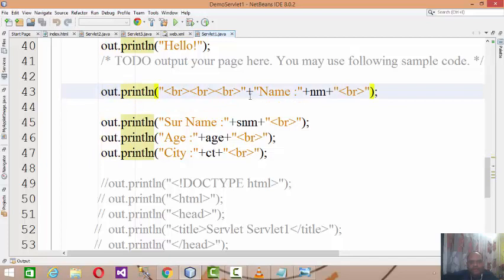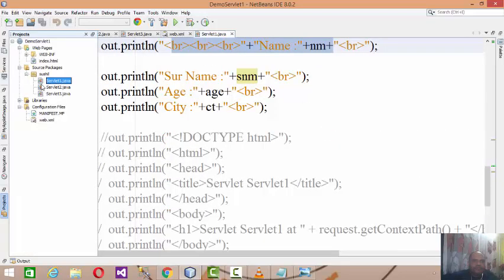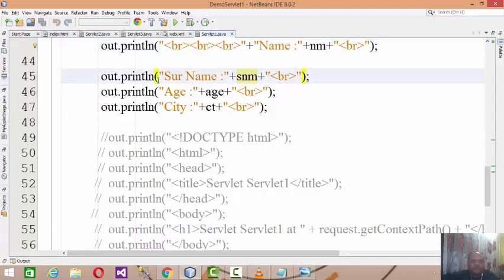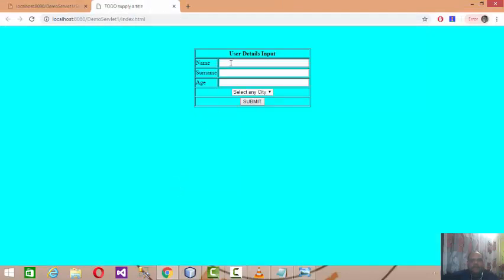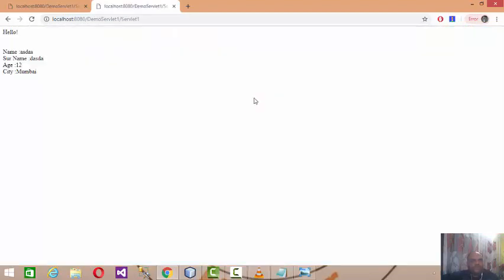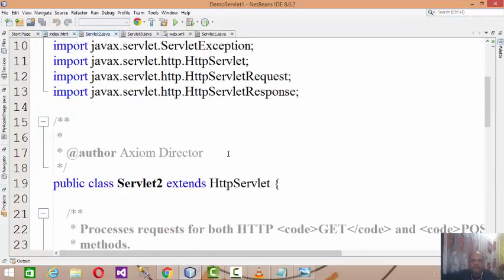So out.println, and here we are printing the name. The rest is embedding HTML code to print the data posted to the servlet. Hope you get the things clear. So when you run the request form, the request form will post the data, and whichever data you input will get posted to the server by using this servlet.